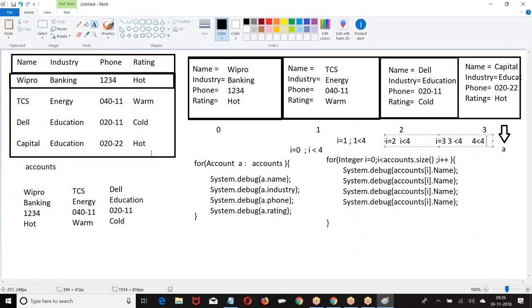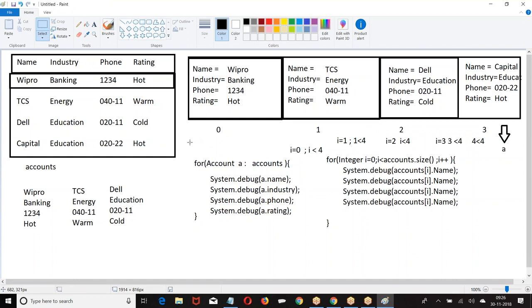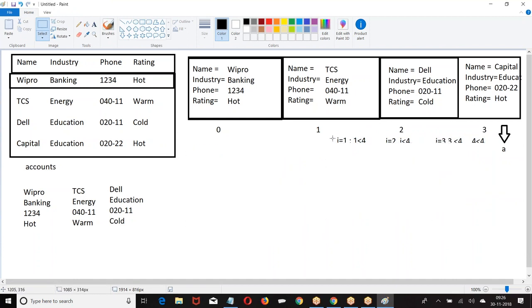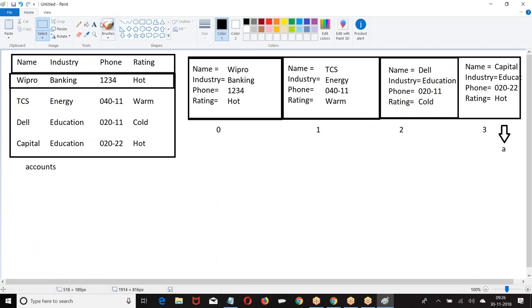Now, write a logic to fetch all the phone numbers from the accounts and put them in a separate list.